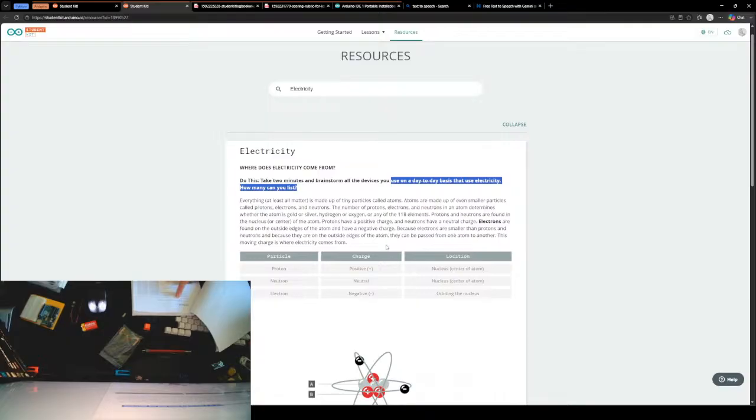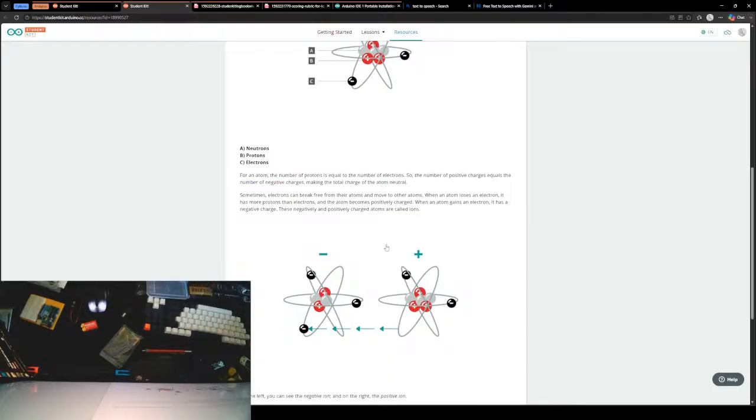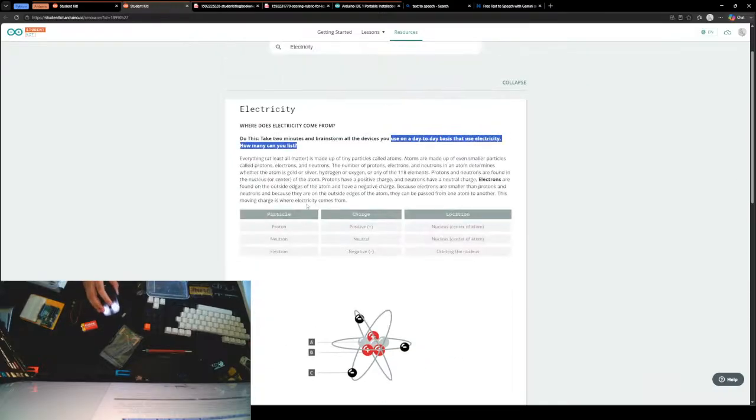No. Complete this page after you have built the circuit from lesson 1. So I'm not there yet. I can name a few. My phone, lights, computer, oven,